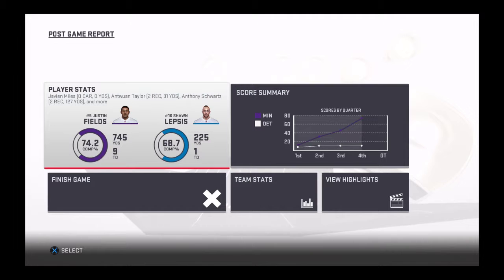So for the Vikings, the wins keep coming as this one moves them to 12-3 on the year. And they'll head back home next week to take on the Chicago Bears. Meanwhile, for Detroit,